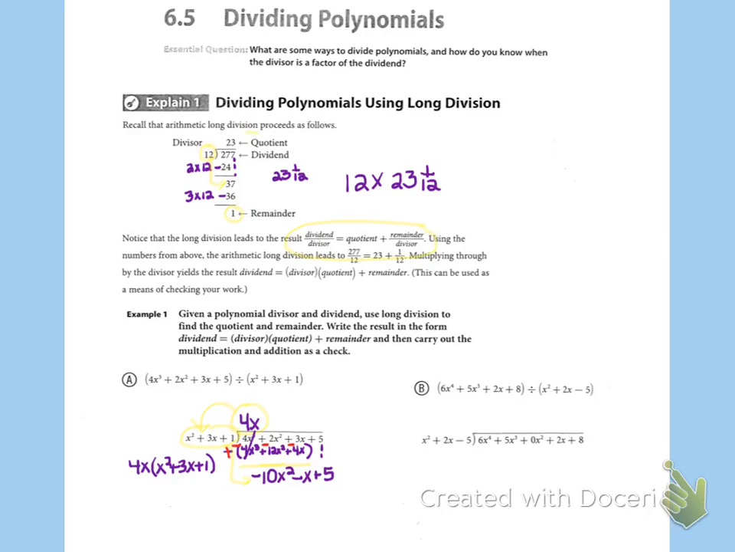Again I'm going to divide the first thing in the polynomial divisor into the first thing down here, which is the negative 10x squared. And I can see that that goes in there negative 10 times. So now I'm going to take that negative 10 and multiply it by the x squared plus 3x plus 1, and then I'm going to subtract that from the remaining polynomial. So that gives me a negative 10, remember I'm subtracting it, x squared